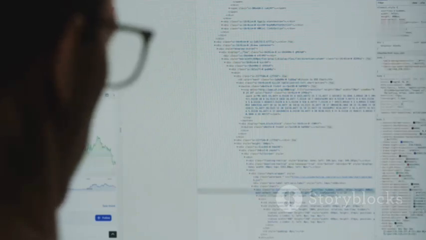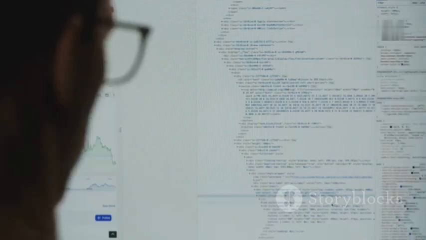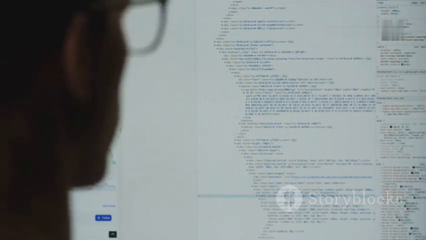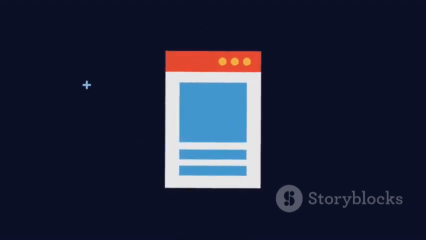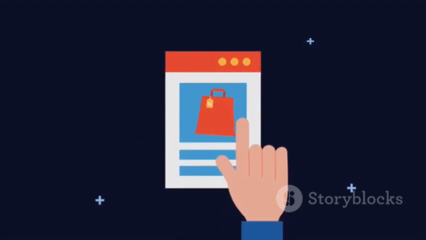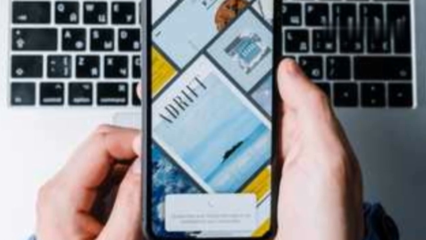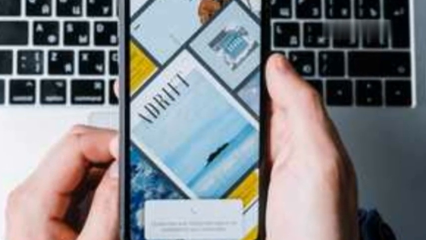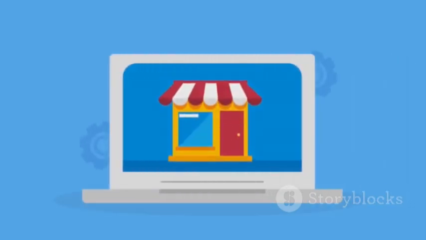Unlike traditional websites that reload the entire page every time you click a link, SPAs load a single HTML page and dynamically update the content as you interact with it. This means less waiting, smoother transitions, and a much more fluid and engaging user experience. Think of it this way. Using a traditional website is like flipping through a physical book, while using an SPA is like interacting with a dynamic, interactive digital magazine. It's a subtle but a powerful difference that makes a huge impact on how we experience